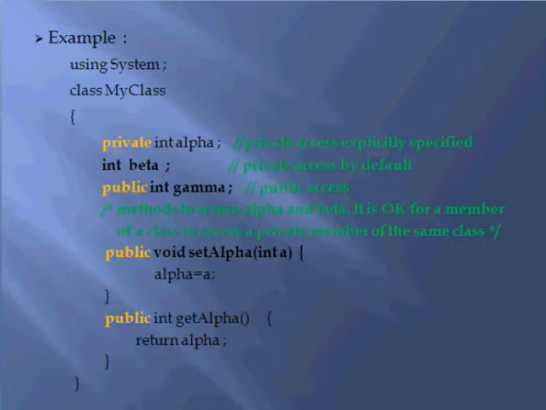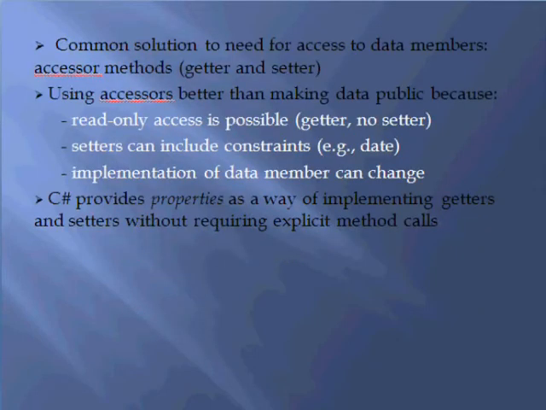However, protected access in Java is called protected internal in C#, and package access in Java is called internal in C#. C#'s protected modifier gives access to any subclass even if it is not in the same program. And an important thing to remember is private is the default for C#.